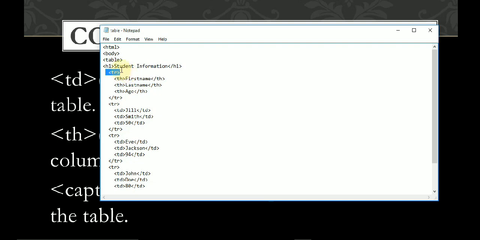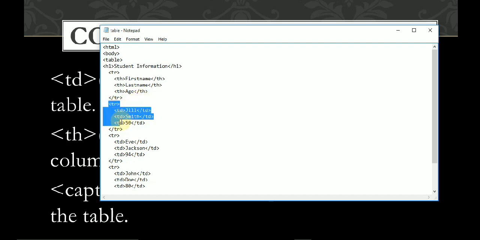If you want to create a row, then you have to make some heading. For heading, you have to use the TH. Always TH is inside the TR tag, because it always comes under the table row. For creating the headings, we are using the TH tag, and these are the headings of the table. Once you open the TR tag, it must be closed. Then once your headings and rows are created, you want to enter some data in the table.